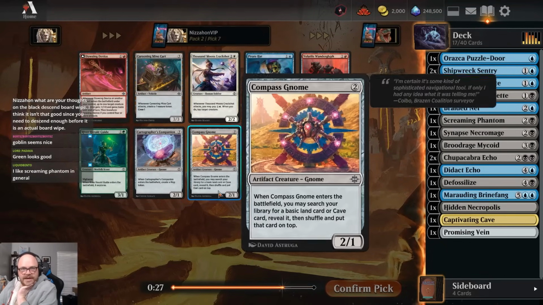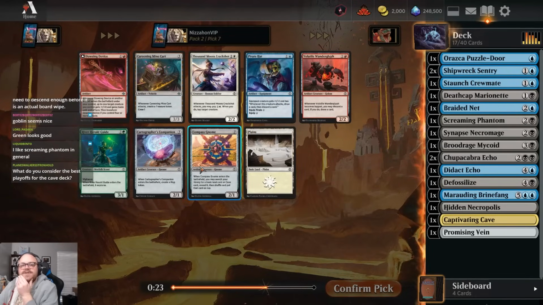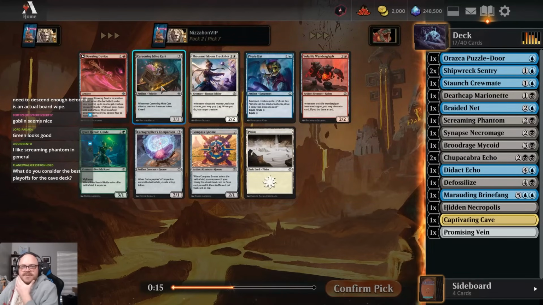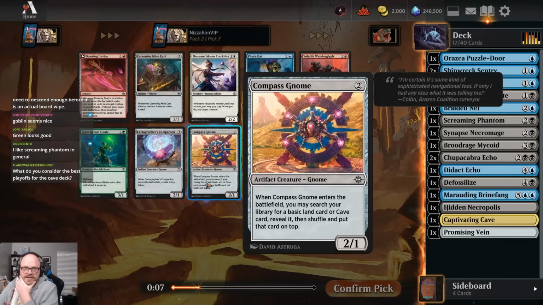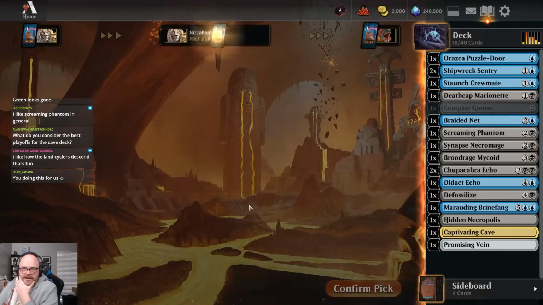We're not really a cave deck, but you know, it can grab us a cave or any other land. Minecart's not bad. When you have crewmates or shipwreck sentries and stuff, crewing this isn't bad, and it makes treasure. It's definitely better in a deck that wants multiple artifacts in play, and we're not really that, but I think I'll take Compass Gnome, I guess. It's not very exciting, but...